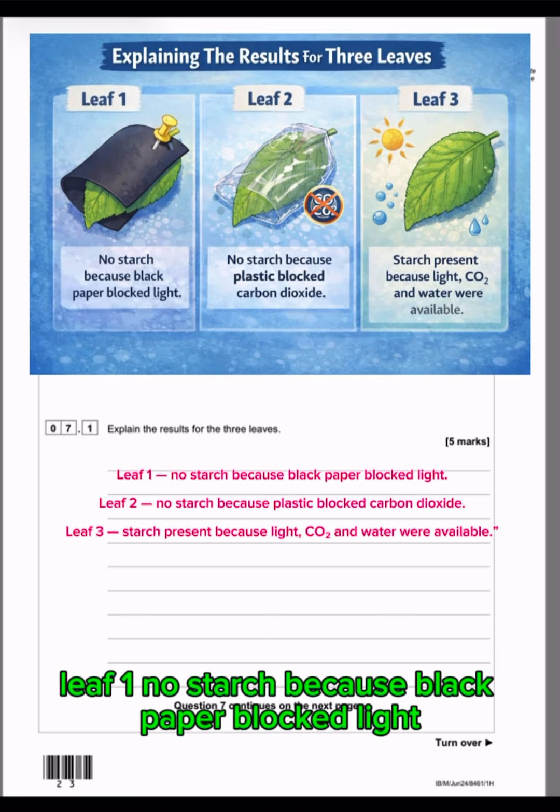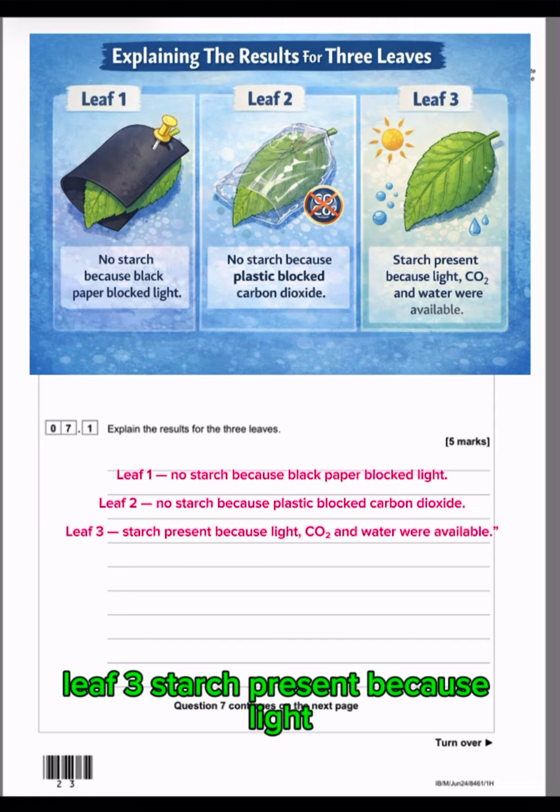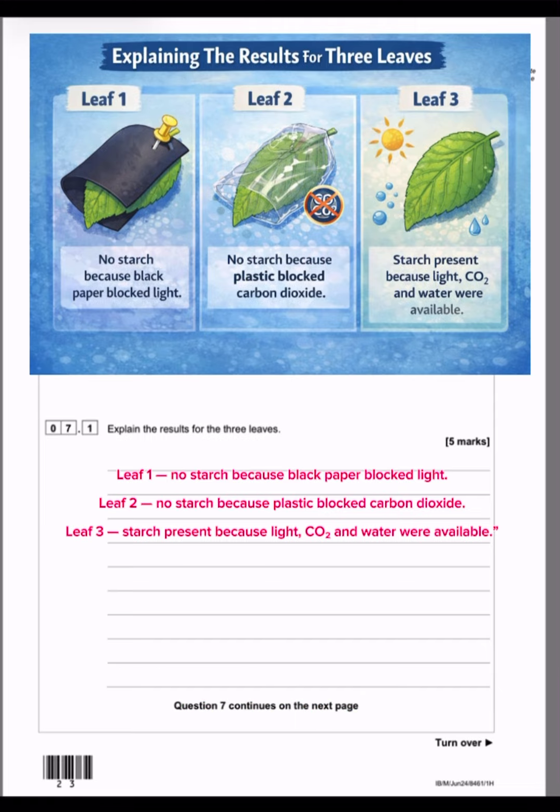Leaf 1: no starch because black paper blocked light. Leaf 2: no starch because plastic blocked carbon dioxide. Leaf 3: starch present because light, CO2 and water were